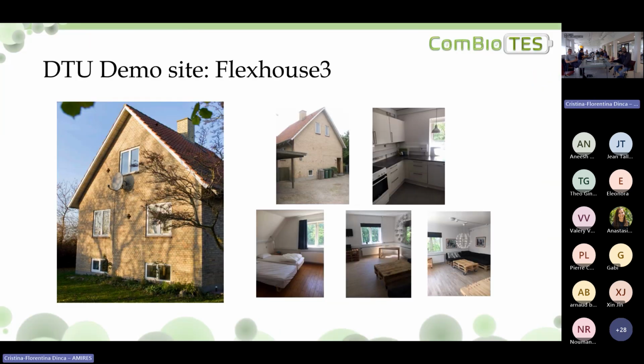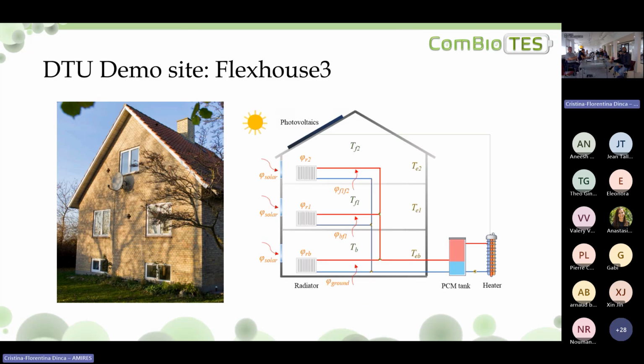So this is the demo site at DTU. It's called Flex House. It's a 3-story building with 2 bedrooms, and it's a smart building in the sense that we are able to control all the hot water radiators on all 3 floors, and it is equipped with temperature sensors in all the living rooms. So we are able to communicate with and control the building. There is a schematic showing